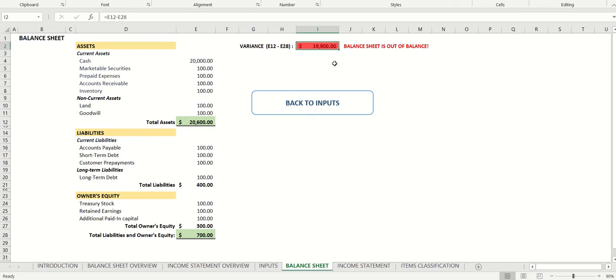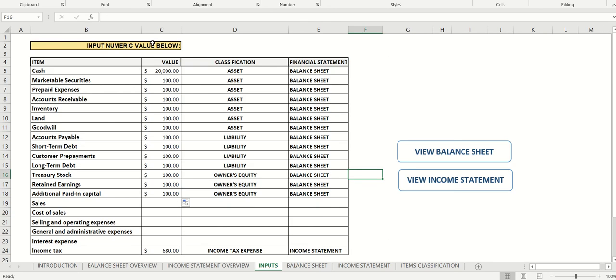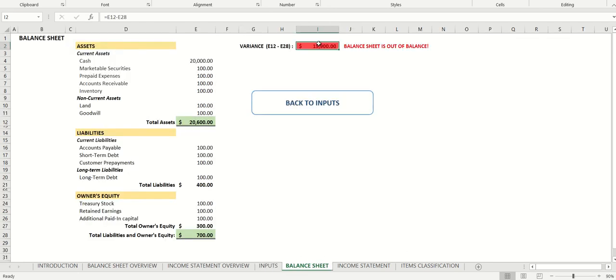In this case, we're not, and as in the inputs tab, we have a conditional formatting here that highlights the cell in red if the value inside the cell is anything other than 0, meaning if we are out of balance,